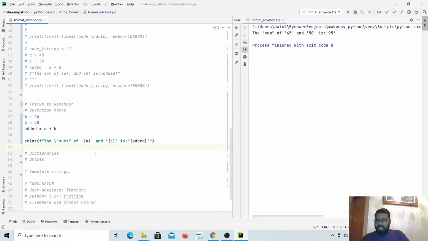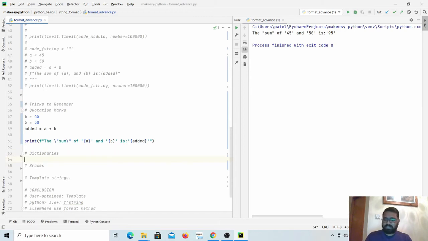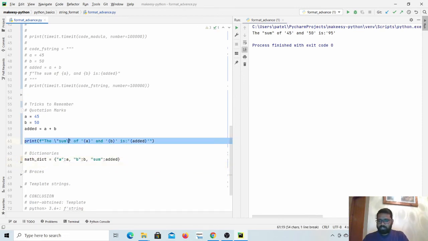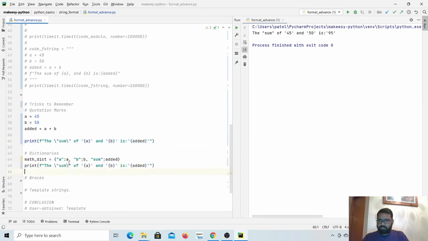Okay, let us see a similar example: dictionary. When we need to access values in a dictionary, we need to use a key, which you can write with either single quotation mark or double quotation mark. It's the same thing. For example, let us say we have a dictionary. Now, we want to use the same string and we want to simply access the value of a here. So how will we do it? We can simply say,